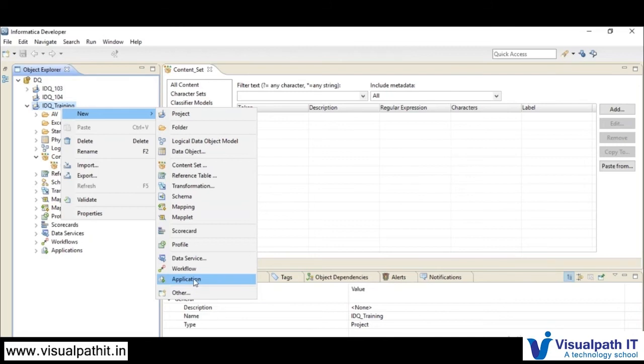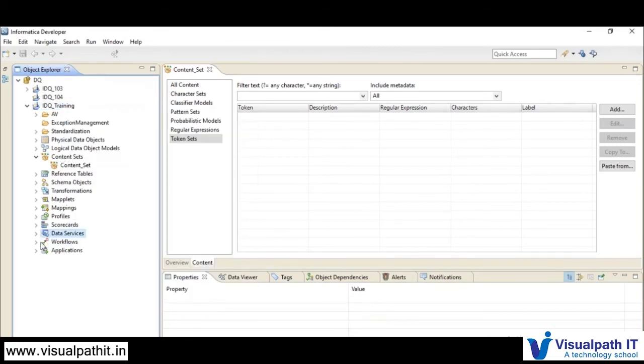Why an application is mandatory is that whenever you are creating any sort of code, mappings, mapplets, and workflows, that will be visible to the model repository only. And whenever you are scheduling, it needs to know what exactly to schedule.